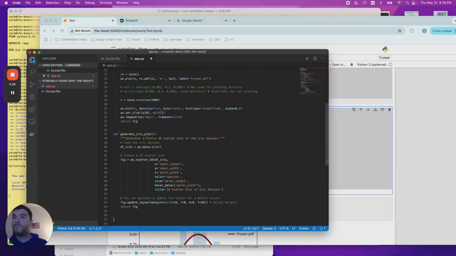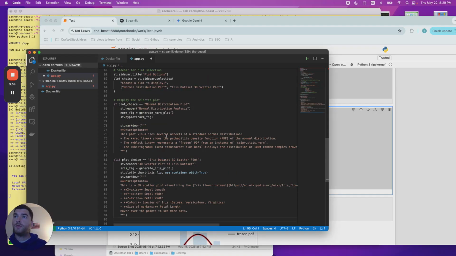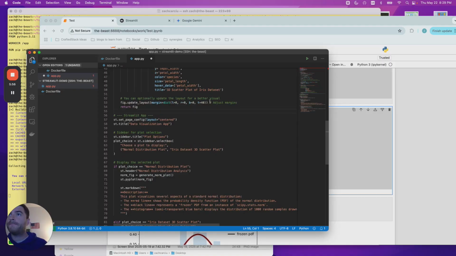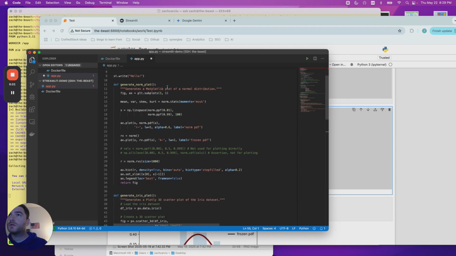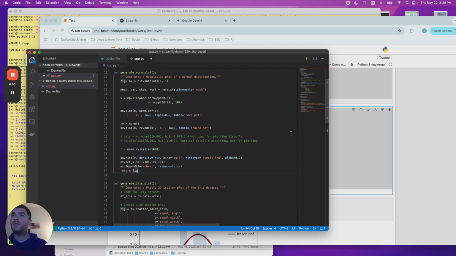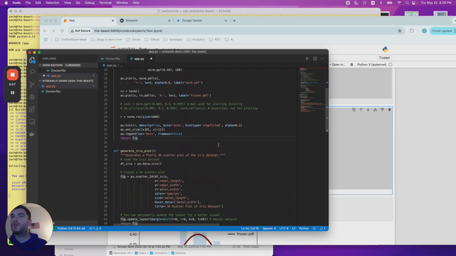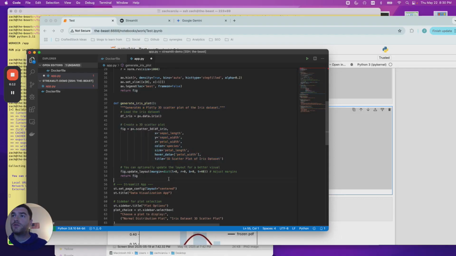Boom, boom. Then I have a little other code which is just going to set up our sidebar in Streamlit. Right, so let's just go over this real quick. So we have our normal plot, our normal distribution plot right here, which is the same as over there. It's just going to return a figure, a matplotlib figure. Then we have this iris plot, which is also going to return a figure, except it's going to be a